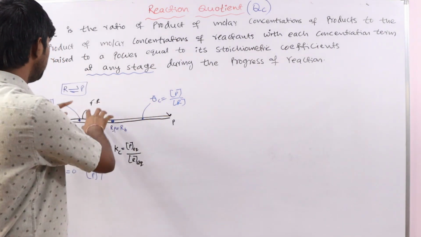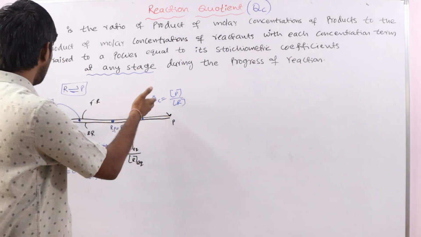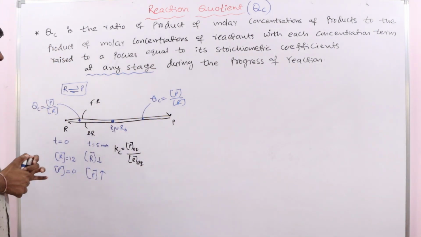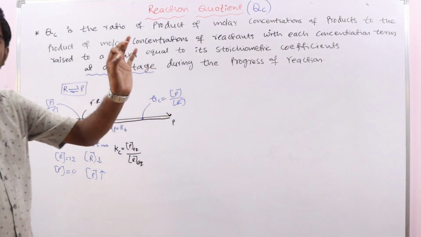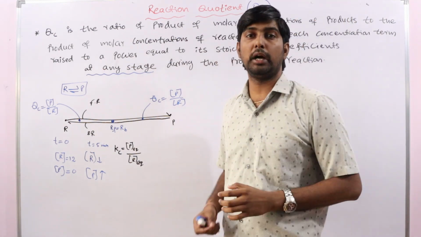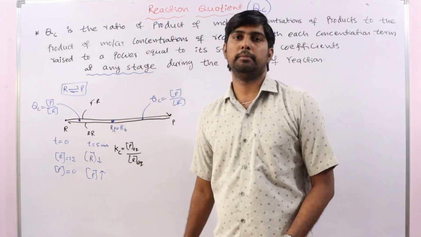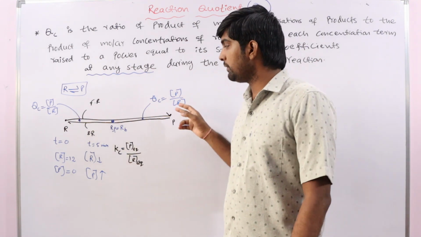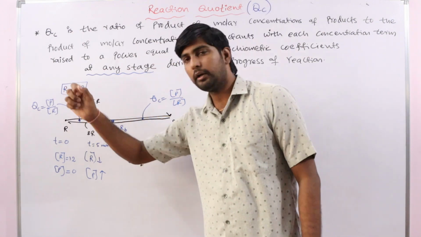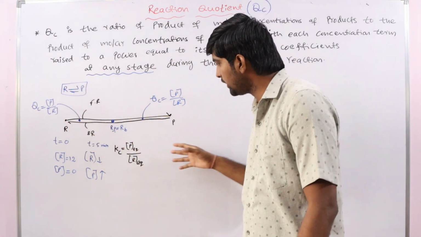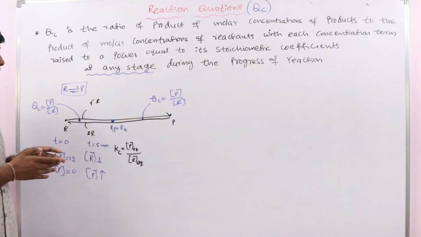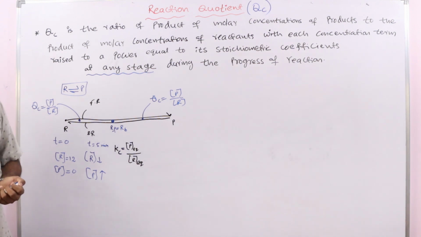At other positions, we will discuss what the use of measuring this is after finishing this one. Clear? Very simple concept. The equilibrium constant gives information about the relative amounts of product and reactant at equilibrium, and Q gives information about the relative amounts of product and reactants at any stage of the reaction. This is the difference between the equilibrium constant and the reaction quotient.